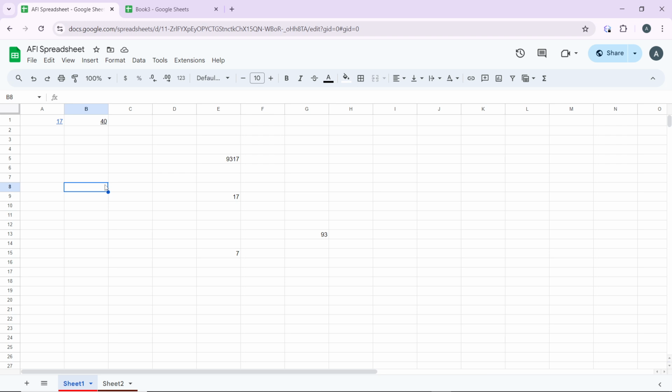So you can also add links to other sheets or ranges. All right, and how do you do that? Just go ahead and select the cell. Select the cell where you want to create the link. All right, click on the cell